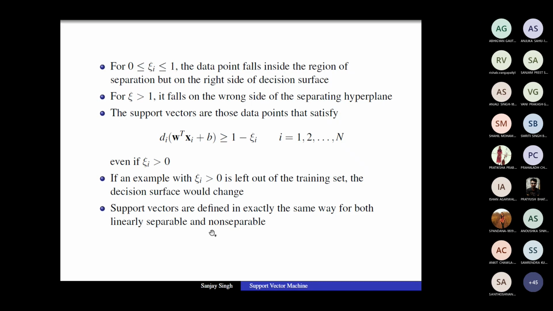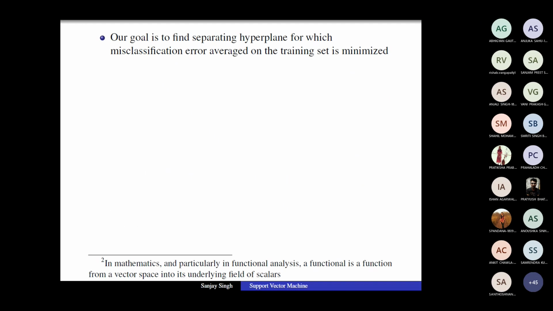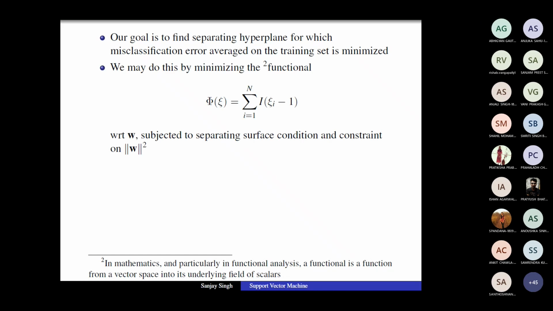Now support vectors are defined in exactly the same way for both the linearly separable and non-separable cases. So our goal is to find a separating hyperplane for which the misclassification error averaged on the training set is minimized. That's what we are looking for. To account for it, we use the concept of something called a functional. We want to count how many